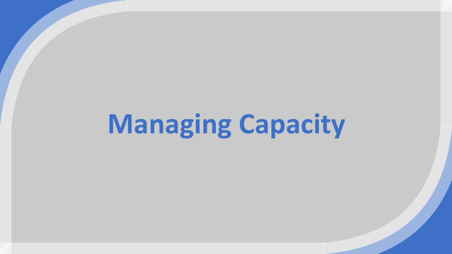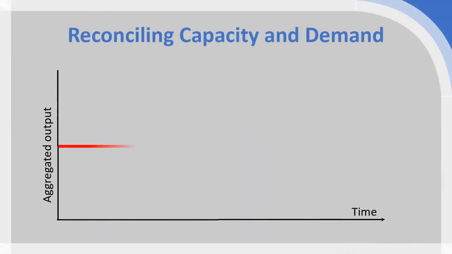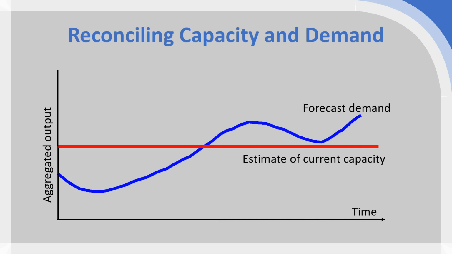Hello everyone, in this video we're going to be looking at how we can manage capacity. So this presupposes two things: that we've developed an understanding of the capacity measurements within our operation, so how we're measuring capacity. It presupposes that we also have an understanding of the seasonality present within the market, and we're able to relatively accurately forecast demand, i.e. we've identified our predictable variations in demand, and therefore can start with the task of trying to reconcile capacity and demand. And that's what we're going to be looking at for the rest of this video, are different tools to